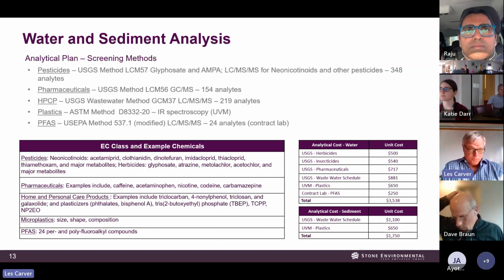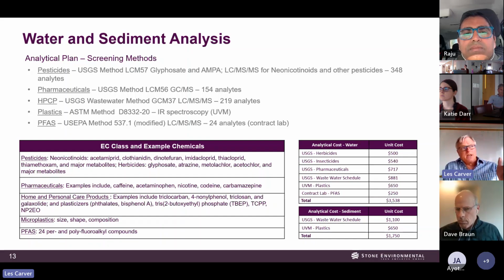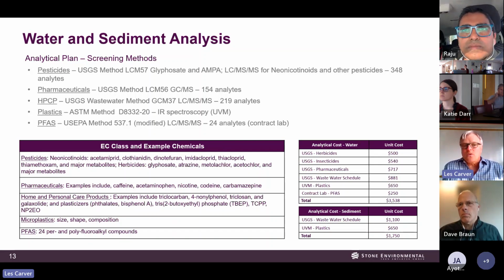For pharmaceuticals, caffeine, acetaminophen, pain relievers, and the like, USGS has a method that can result in roughly 150 analytes. And for home and personal care products, their wastewater method, which is a kind of blending of analytes, yields around 220 analytes. So for the samples, we can gain a lot of information about the presence of different emerging